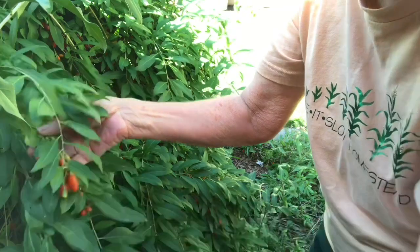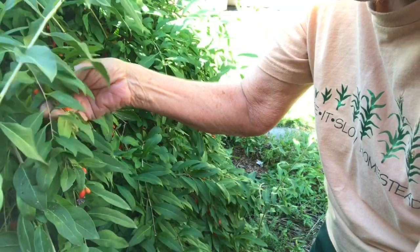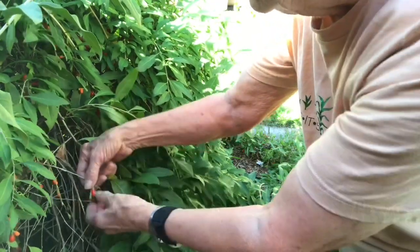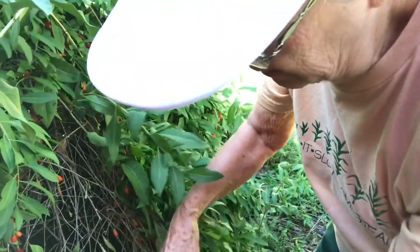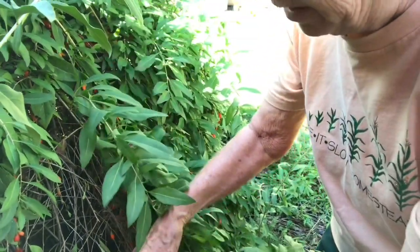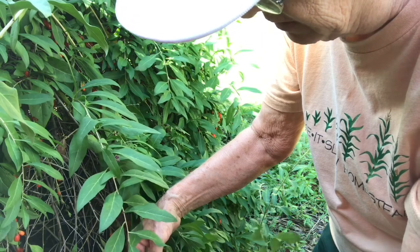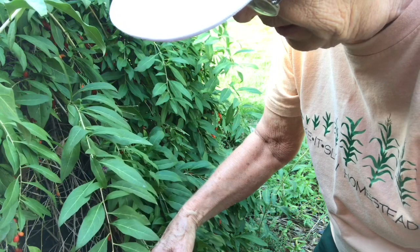This one is getting out of control because it's growing in a lot of different places. But anyway, so I'm gonna keep picking these berries. What I do with them when I preserve them is put them in a pot, put in enough water just to cover them, boil them till they're soft and getting kind of gushy, and then